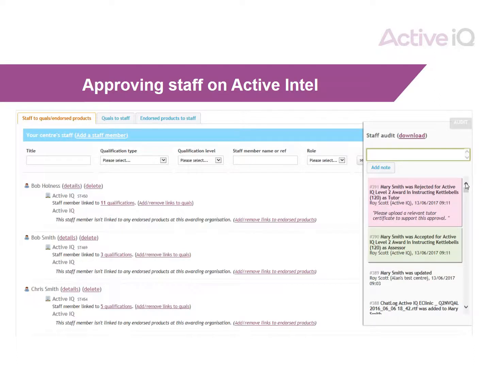But of particular importance, you can see that Mary Smith has been accepted for kettlebells as an assessor, however rejected for the tutor role. And there you can see the note from the EV: please upload a relevant tutor certificate to support this approval. Therefore, you then know from your side as a centre that the tutor certificate needs to be uploaded for Mary. So it is your responsibility to come in and check this. You won't get a notification to show that this has happened,